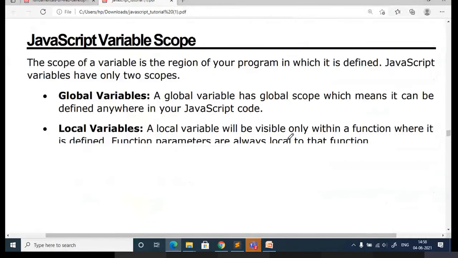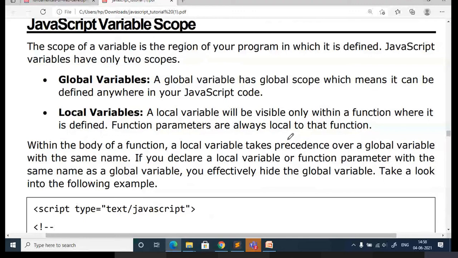Once again, local and global variables, I think everybody is aware of it. A global variable has global scope, which means it can be defined anywhere in your JavaScript code. A local variable is visible only within the function where it is defined. Most of the code you write using JavaScript will be in the form of functions.